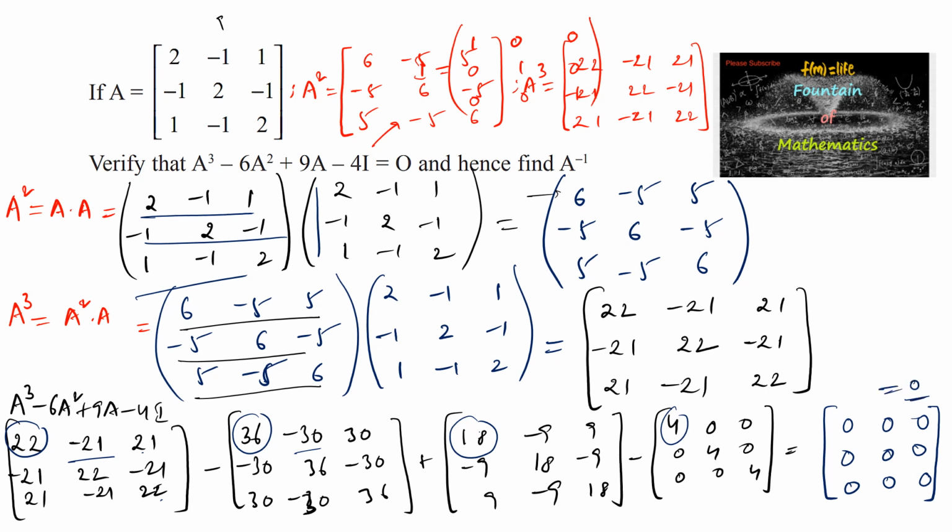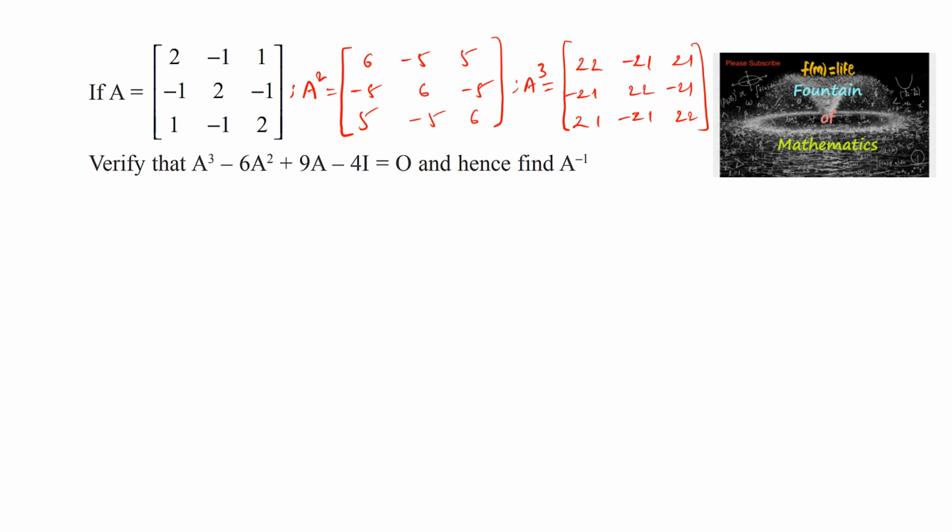So we just verified A power 3 minus 6A square plus 9A minus 4I is equal to 0. Now we shall find the A inverse. So to find A inverse, let's find the determinant of matrix A. Det A is equal to, let's expand by using the first row. So 2 times of 2 times 4 minus 1, that's 3. Negative of negative 1, that is plus 1 times